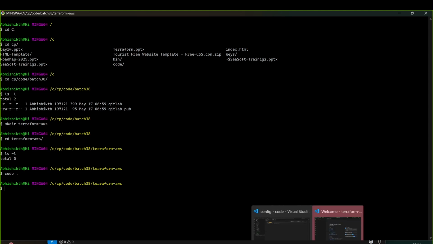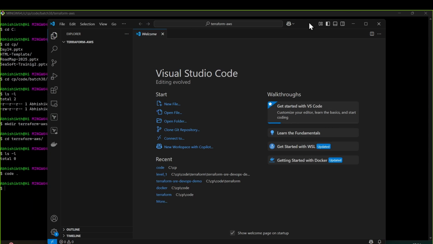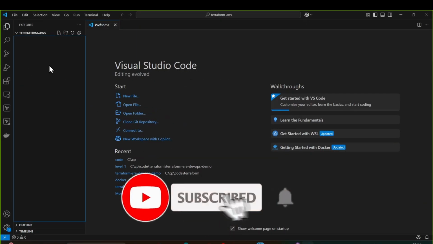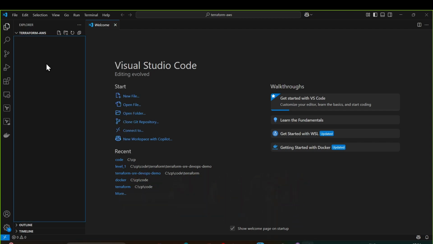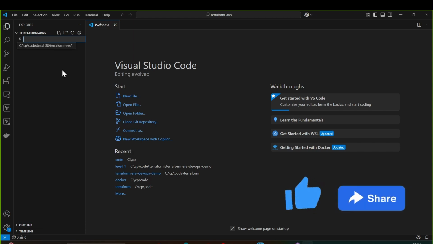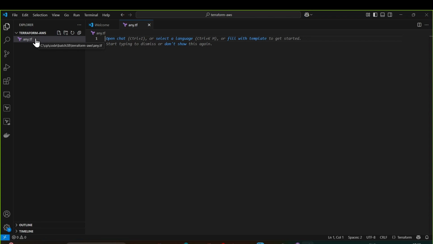And to start using AWS, what you need to do is, in this empty folder, I am actually using VS Code as my editor, create a file. The file could be of any name, any .tf. It should be with an extension of .tf, which is the Terraform file. Generally, we name that main.tf. Understood? So I just created a file called main.tf, and now I can start using Terraform to write the code for AWS. But before I do that,